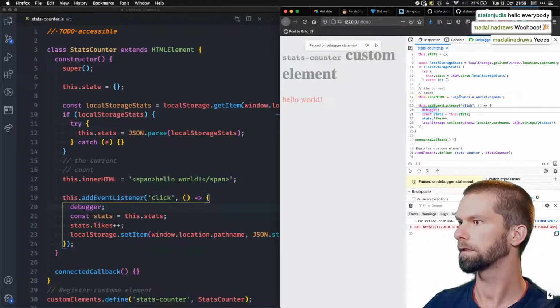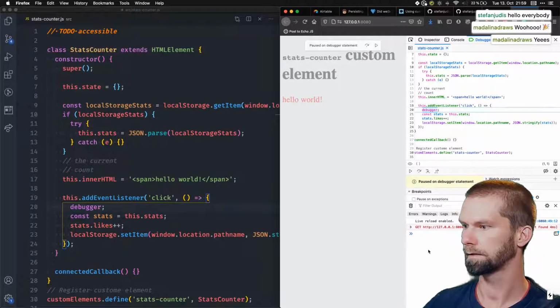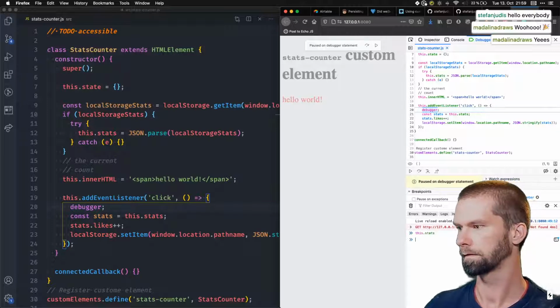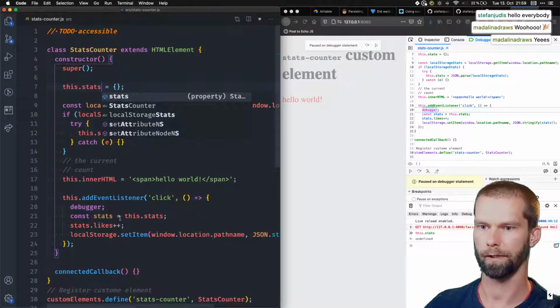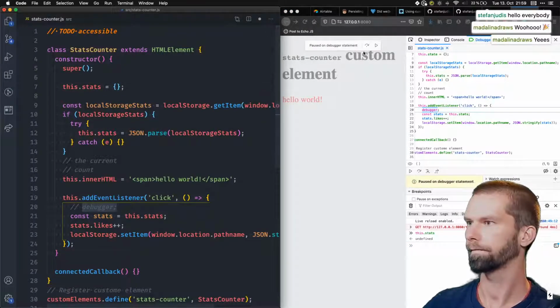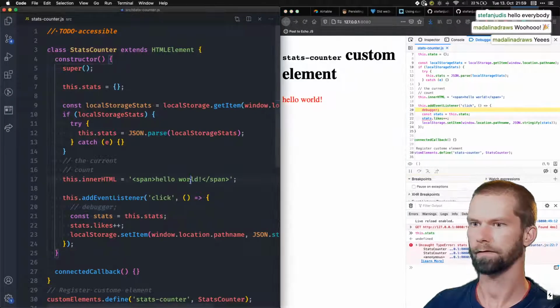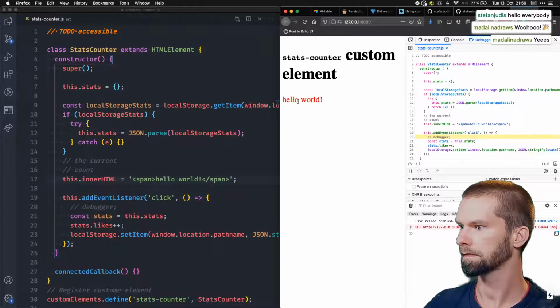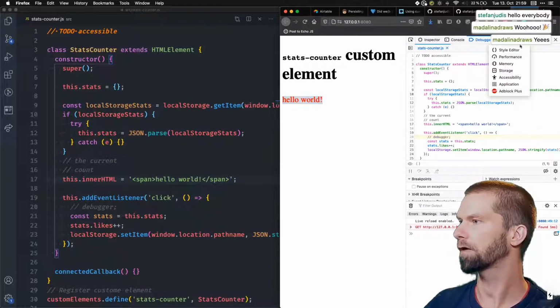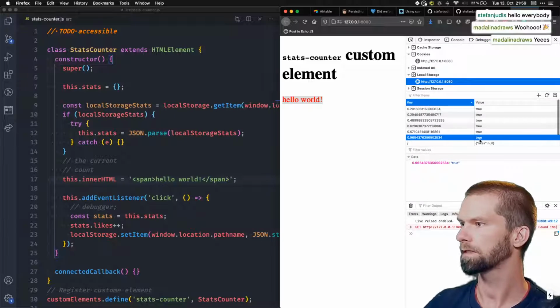Here we go. And when we go in here, how can that be? Oh, it's called stats, not state. Here we go. Okay, so let's give that another try. Gonna save that, refresh, here we go. And now with this, all right, we don't have an error anymore. And when we go to the applications, to the storage thing here, we should see that